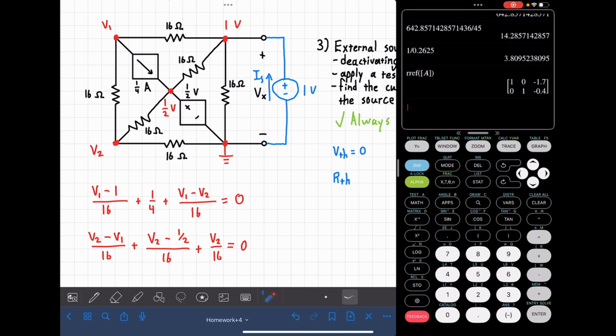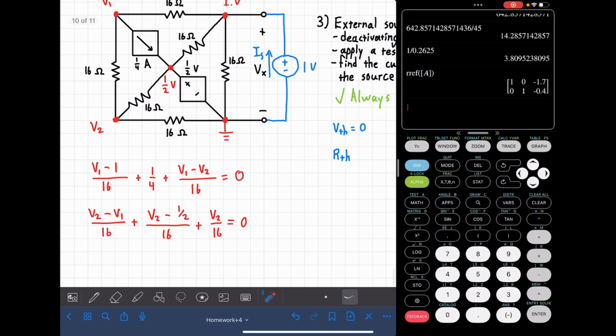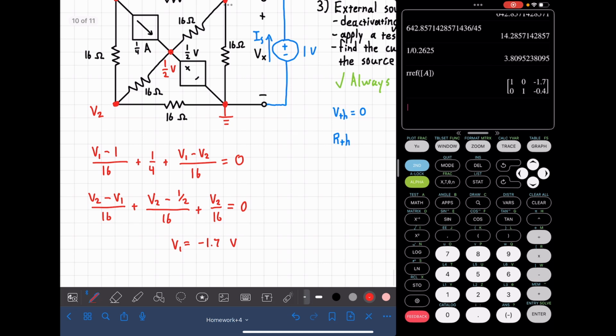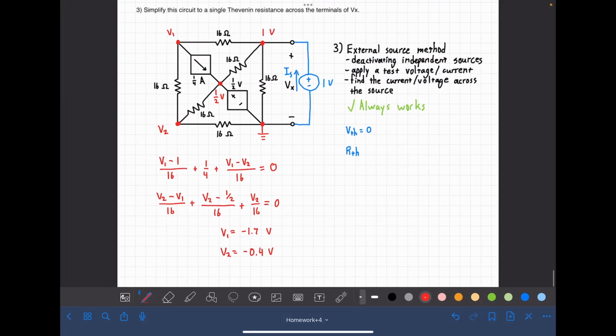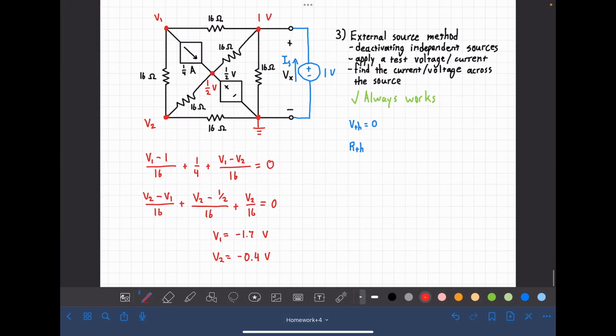We find that V1 is negative 1.7 volts and V2 is negative 0.4. So how does that help us? We're trying to find current. Well, let's see. To find the current leaving this source, we want to add up this current,